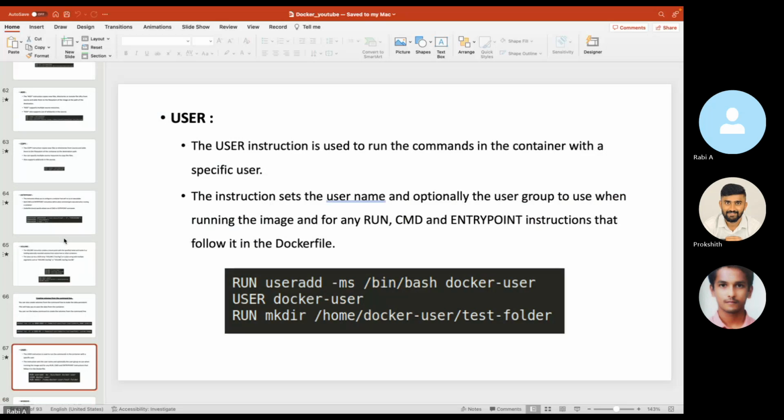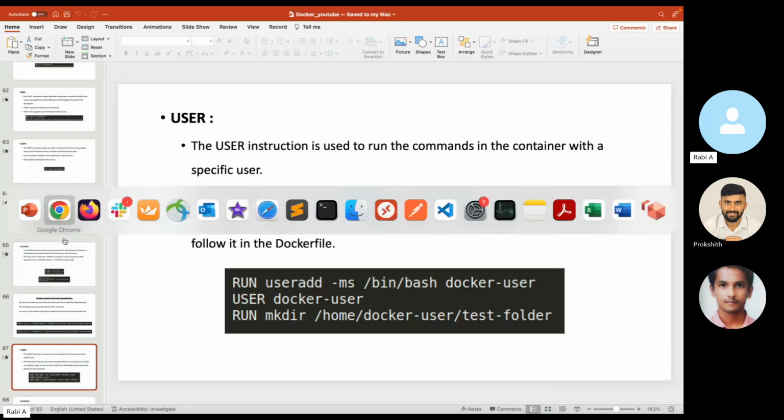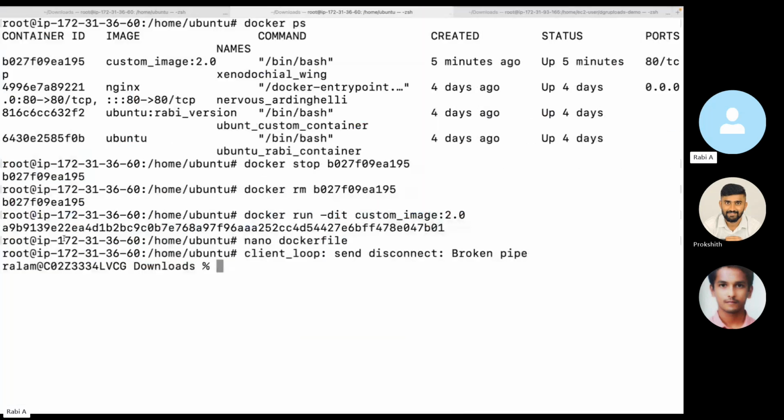Let's say you're creating some file, or installing some packages, or creating a user, whatever instructions you give, by default it gets executed as the root user. Now if you want to execute any commands as a non-root user, that's where we can make use of the USER instruction. So just to show you an example for this,